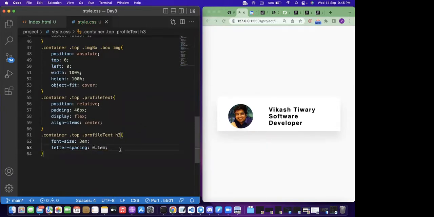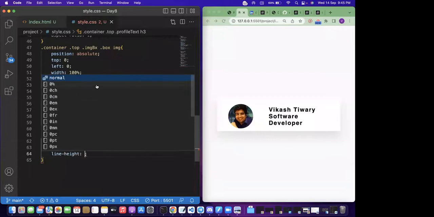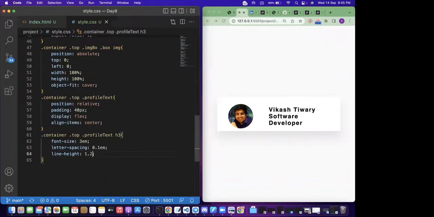Yeah, good. Then I have line height, and for line height I would give maybe 1.2 em. Em is just a unit, just like a centimeter and a meter. And then